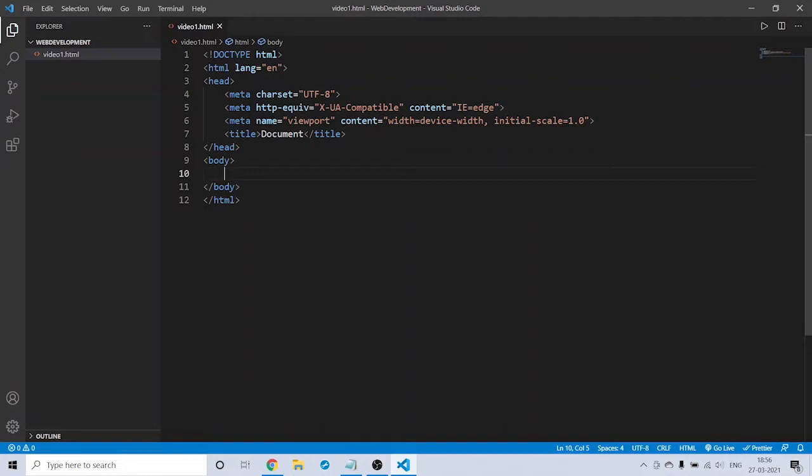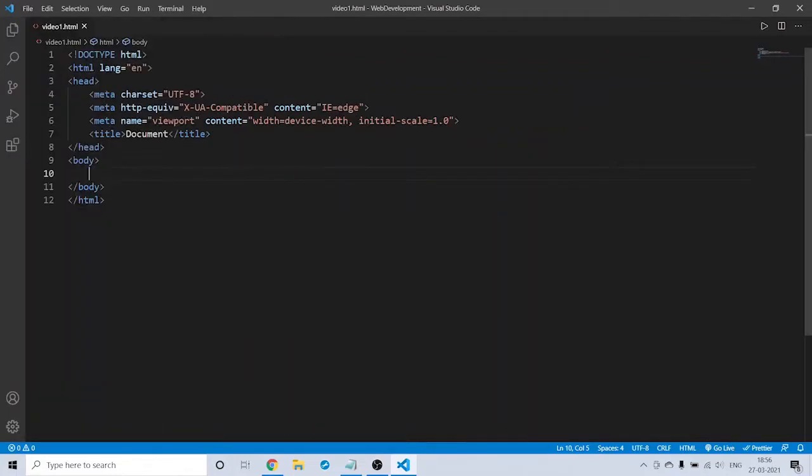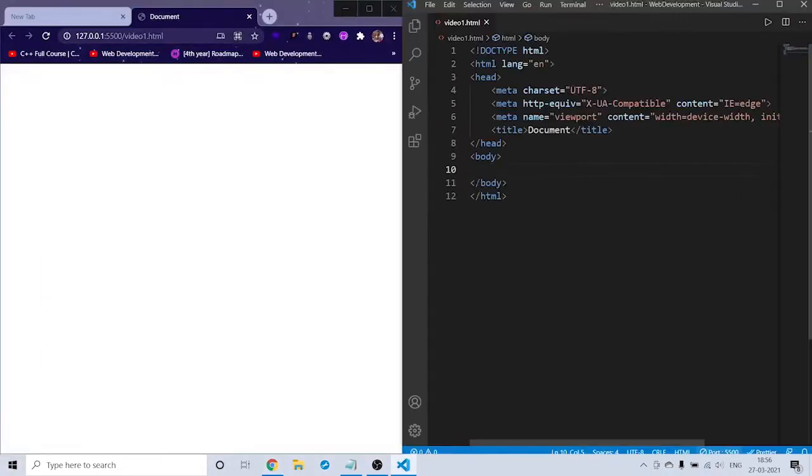First, you have installed an extension, right, which is Live Server. After installing this, you will get a button here which is Go Live. You just need to click on Go Live, and see, we have got a live server here. Whatever you do here, when you save it, you will get the output here. So this is your website preview.